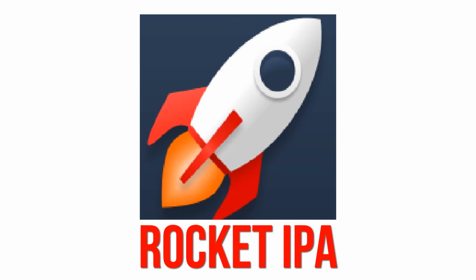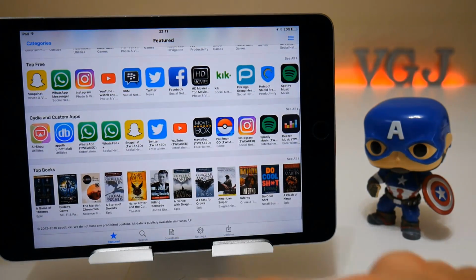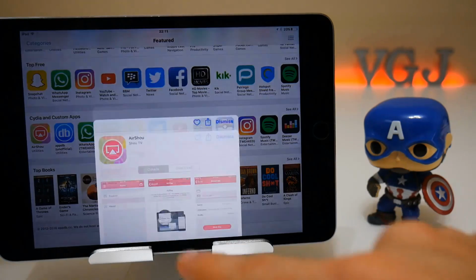Another paid app store option is Rocket IPA, which is $1 cheaper, has more apps, but is a little more difficult to install on your iOS device. The same rules apply in that as long as you are subscribed to the service, you get to keep Airshou